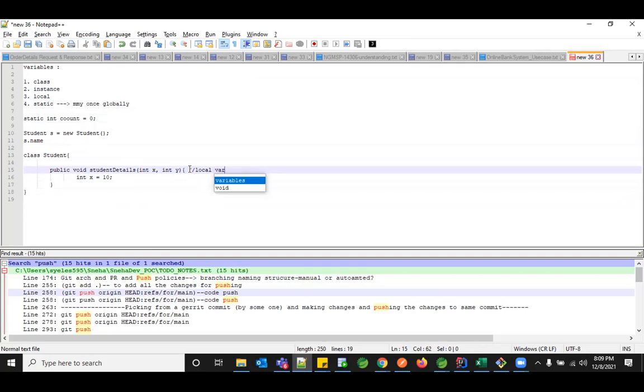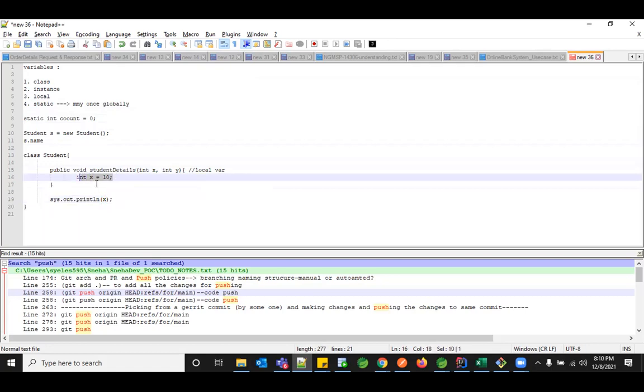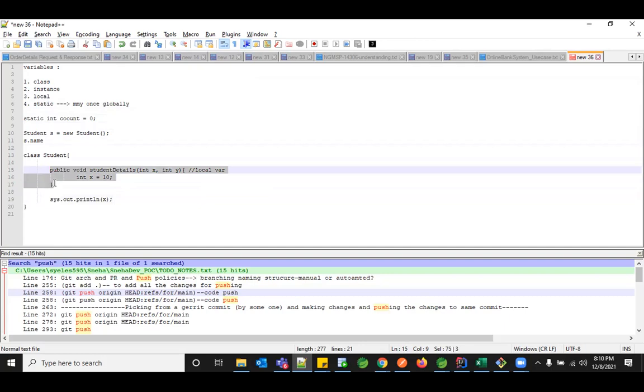So only if you use it within that method, you can access those variables. If you are trying to print your x value in your System.out.println, it is not accessible, and it is more of a private thing. So you'll not be able to access this when you're trying to call it outside your method. That is called local variables. The scope of that particular variable is only within your block or within your piece of code. So this is not accessible outside your method. Those are called local variables, and these are used within the methods.